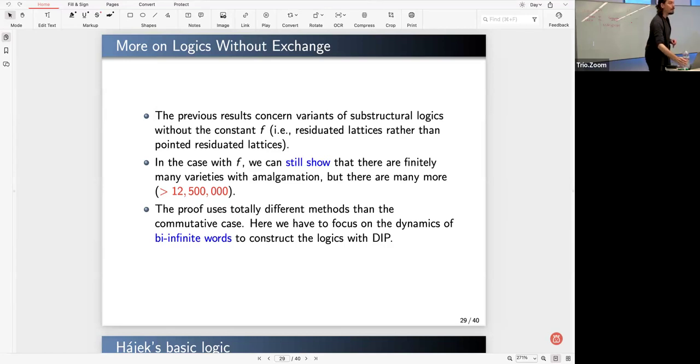So there's this kind of bifurcation, and contrary to our earlier thinking that exchange blocks the deductive interpolation property, in some circumstances the lack of exchange is really necessary in order to give us deductive interpolation. Now the proof here uses totally different methods from all of this abelian group stuff that I use for linear logic. Here you have to get deep into the dynamics of bi-infinite words to find these varieties and prove that